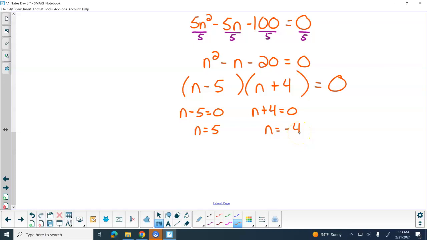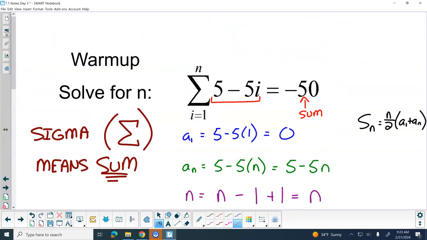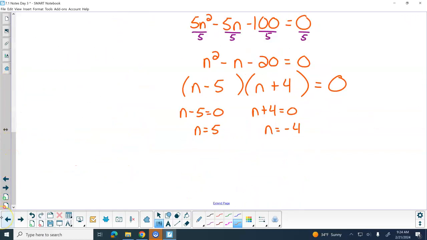Let's go back up here and check, right? We got to scroll all the way back to the top. Could I have 5 terms in this series? Makes sense, right? I could have 5 terms in this series. So n equals 5, still a possibility. Could I have negative 4 terms in this series? Why not? Because it's negative. Can't have a negative term number, right? We're only doing n starts at 1. We learned that on Thursday. N starts at 1 and it just goes up, right? So negative 4, kick that one out. So my only leftover answer is